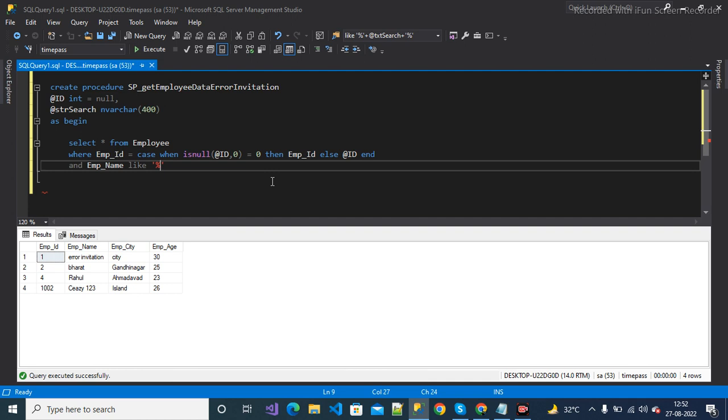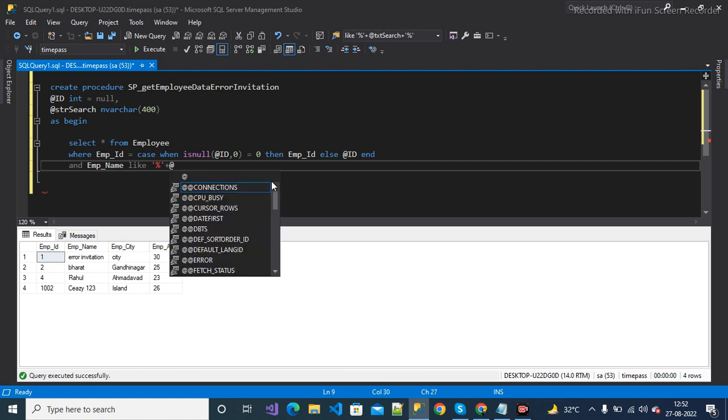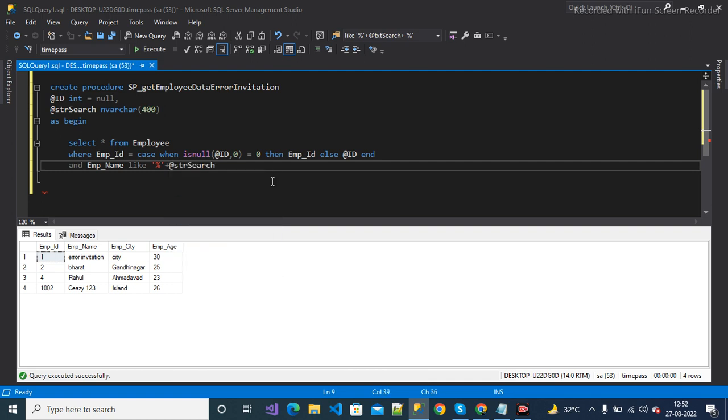You need to use the like condition, like search and